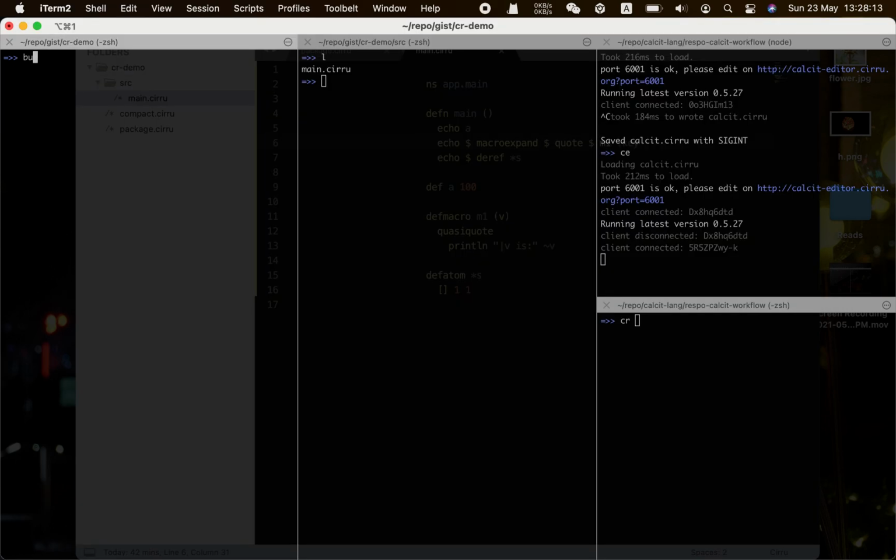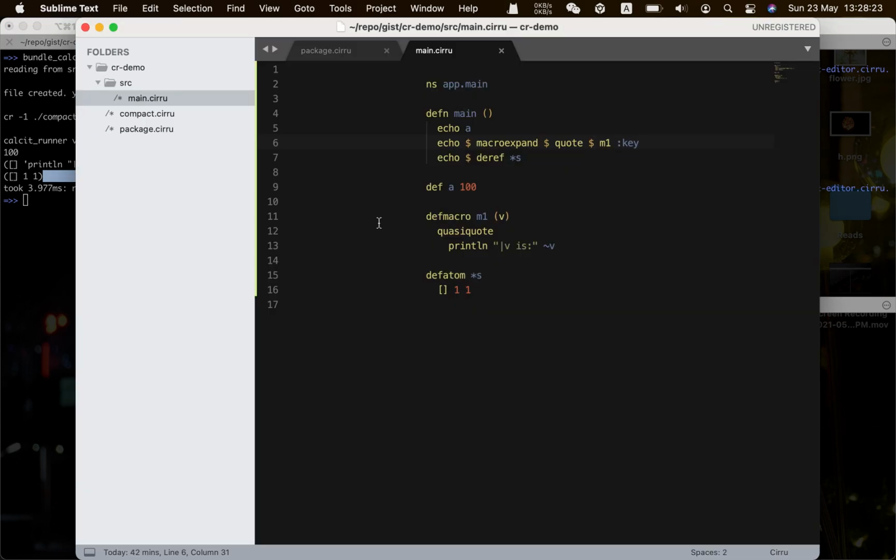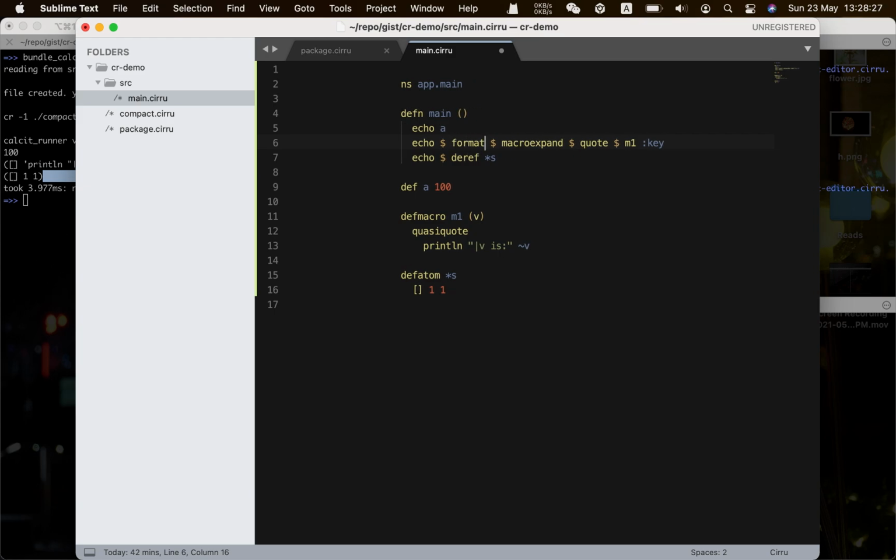Well, not a bundle. So this time it's printed, and one more step to show it in a human readable way is formatted to